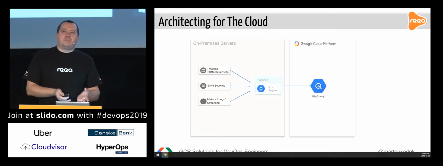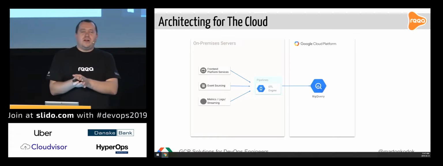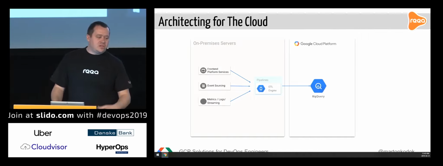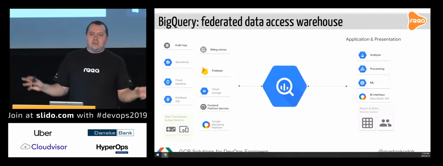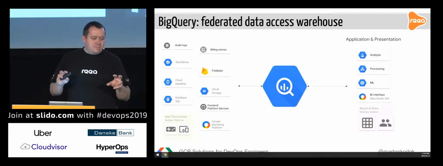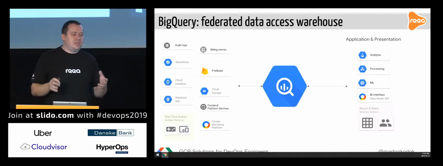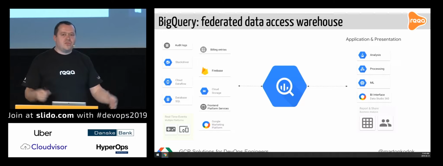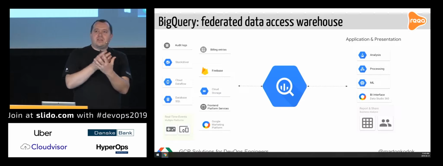And now the hybrid part. Whenever I have an application, in order to go into BigQuery, I need to use an ETL engine. And this ETL engine is something that we need to choose wisely. BigQuery has another big feature, which is called federated data access. Federated data access means that everything in the GCP platform can be grouped together and integrated